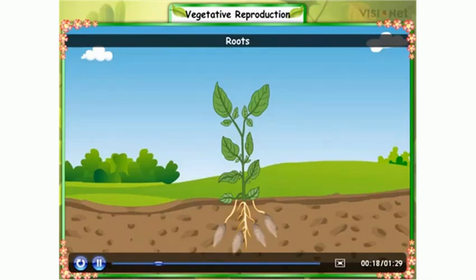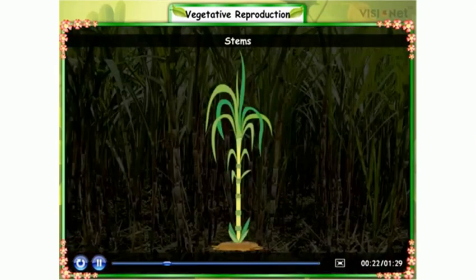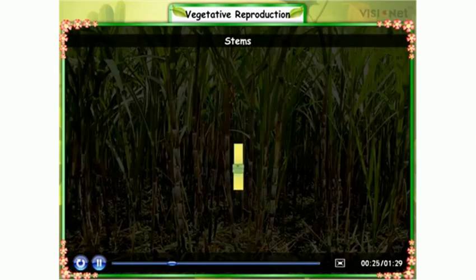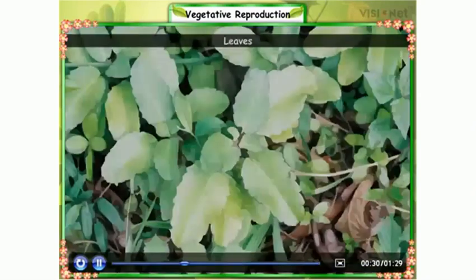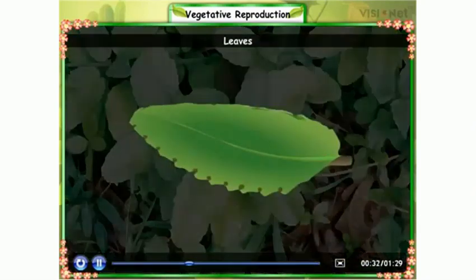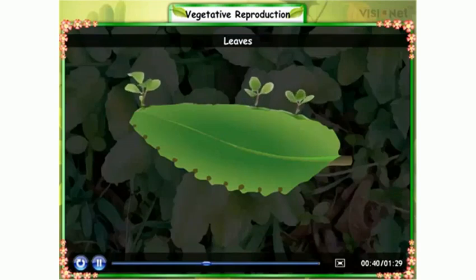This can give rise to a new plant. Stem. Plants like sugarcane and potato bear small buds at nodes which grow into a new plant. Leaves. See this. It's very interesting. The bryophyllum leaf itself produces buds which develop into new plant when it falls from the parent plant.